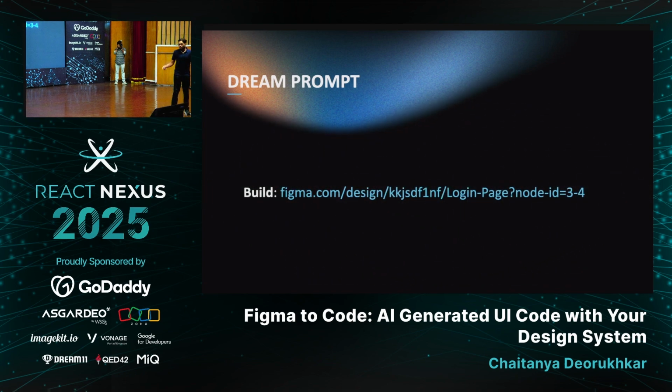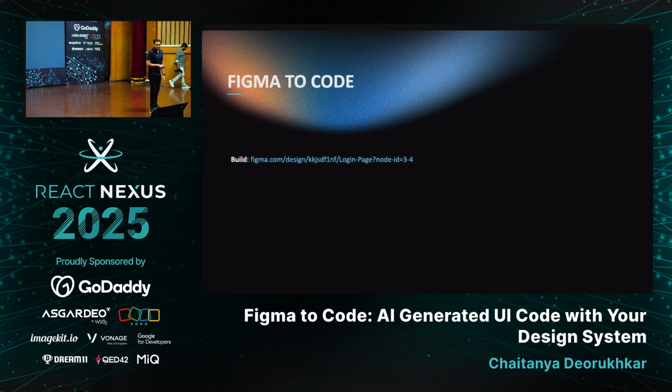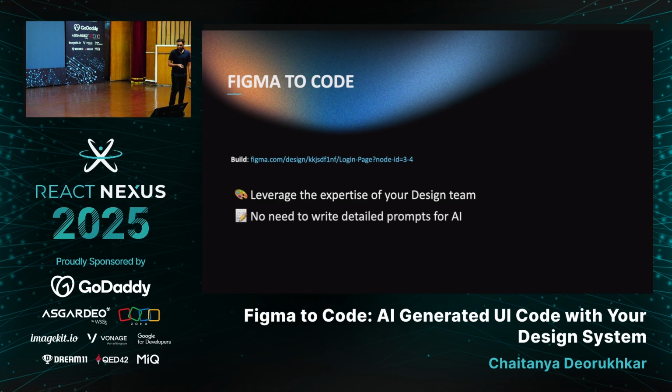Build, with a link to my Figma design. What this meant is that I could leverage the expertise of our existing design team. Our design team never has to leave their Figma files. They can completely still build on Figma. And we don't have to rely on AI's creativity for design. We know our design team is good and they can design better than a lot of AIs out there. So let's just rely on them.